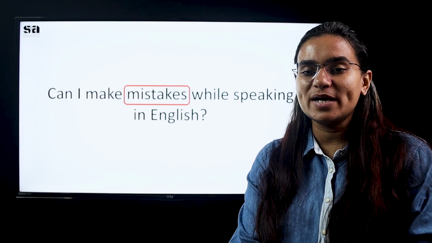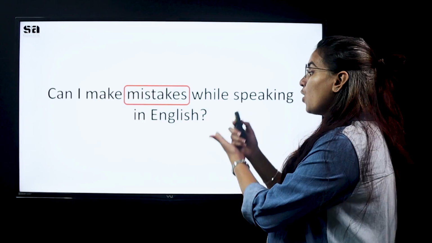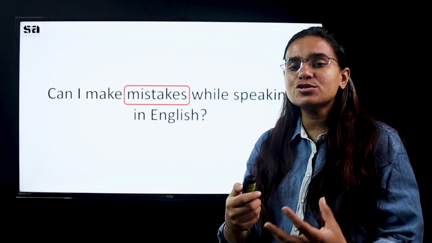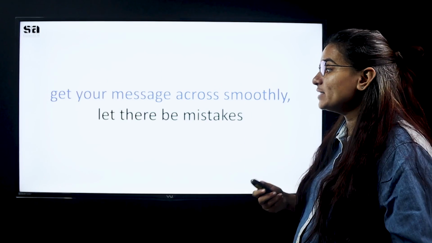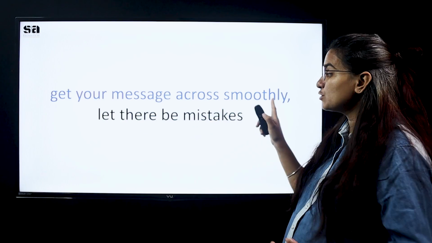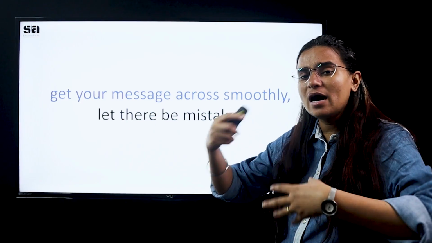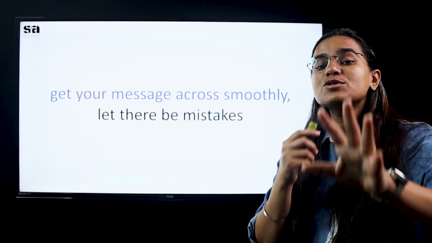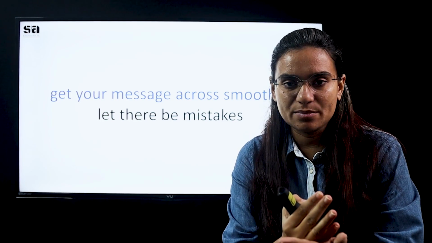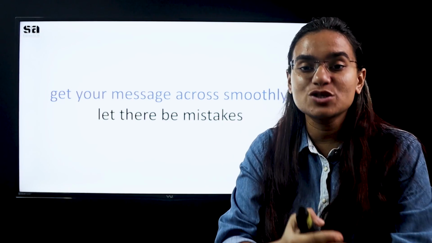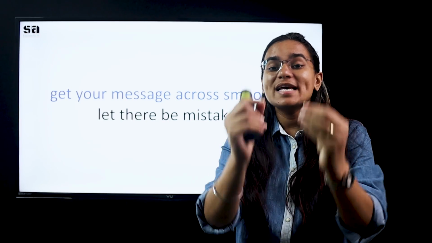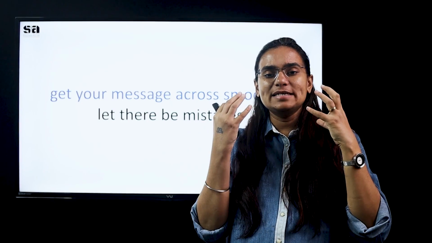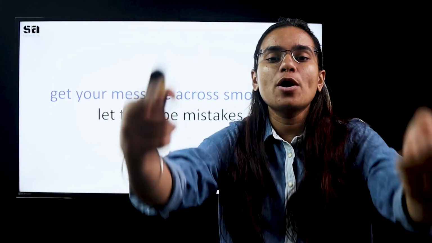After we finish answering this question, you should never be worried about what will happen if I make mistakes while I'm speaking in English. When it comes to conveying a message, the real important thing is that you have to convey your message smoothly and calmly and politely without even considering whether there are mistakes or not. When it comes to fluency, when it comes to communicating or having a conversation with somebody, our message is the most important thing. Have you conveyed your message properly? I have an idea. I want that idea to be in your mind now.